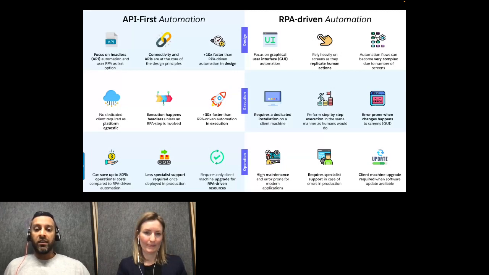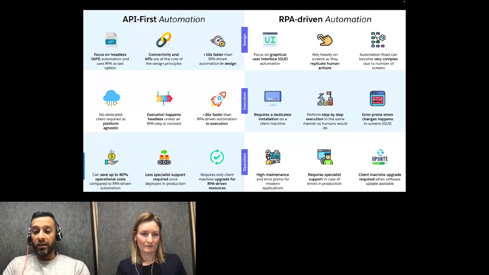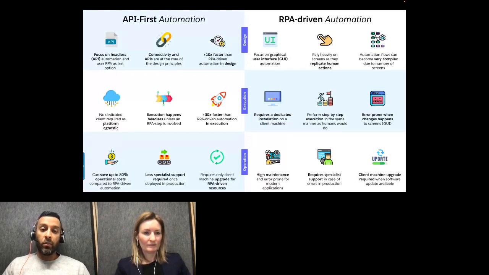But we find it more appealing and efficient for customers if you go to an API first automation approach, because UIs tend to change. We are living in an agile DevOps environment where changes are on the daily menu. So especially on the UI side. So when you drive automation, you can do it headless because APIs are there. APIs do not change that frequently like UI does, and also APIs are super fast in design, super fast in